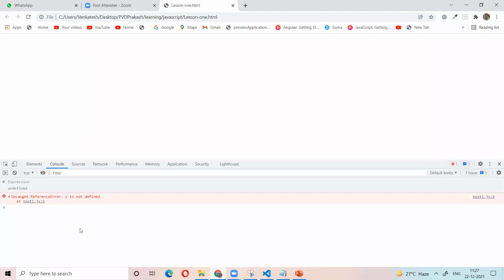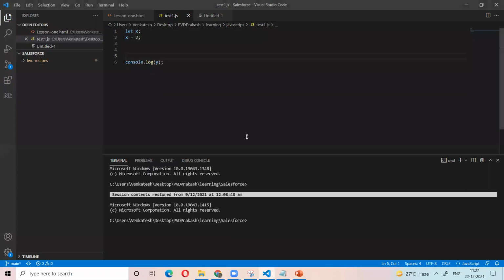It gives the error. So two concepts are there. If we declare a variable and do not give any value, then the value of that variable is undefined. If we have not declared a variable and try to print it, it gives the error. Remember these two things.